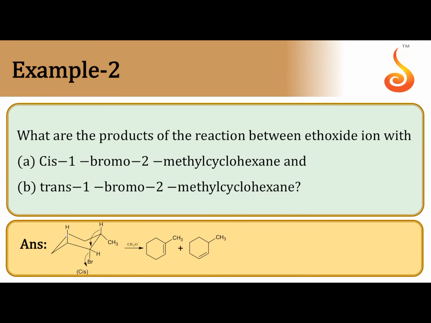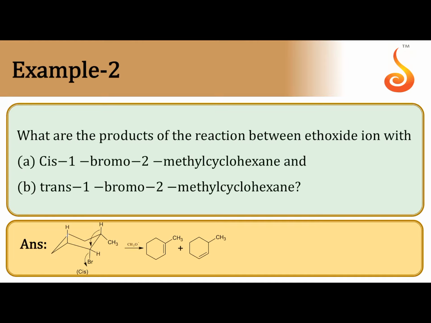What are the products of the reaction between ethoxide ion with cis 1-bromo 2-methyl cyclohexane and trans 1-bromo 2-methyl cyclohexane? This is a very important one. I will explain how to do it. This is